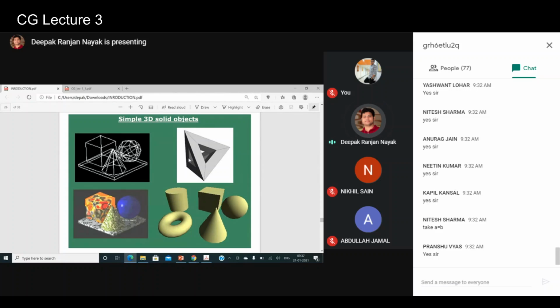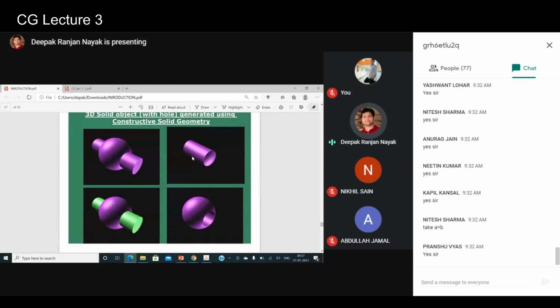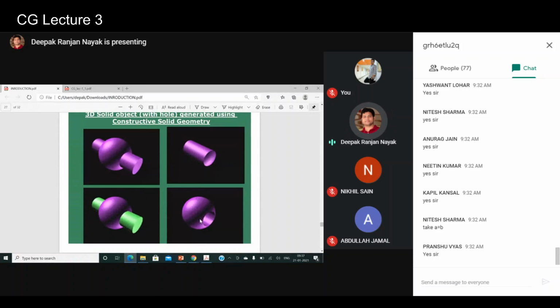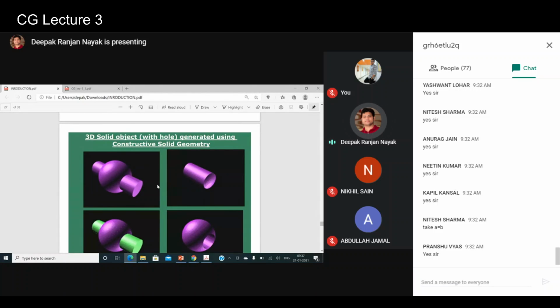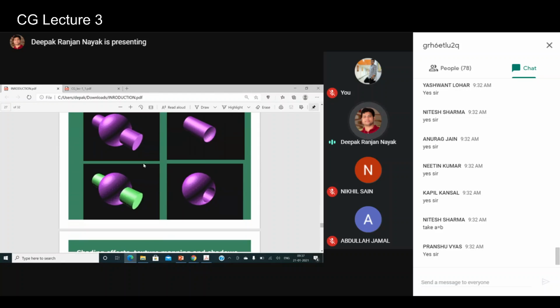I just want to show you what type of objects are being created by the graphic systems. If you look at some of the outputs here, a sphere with a hollow, right? A sphere with a hole. If you see here, a 3D solid object with a hole, and it looks very simple, but it is very difficult to create such a structure or 3D solid object. But it looks very real, right? It looks very real. So a 3D object always gives a reality, and that's what you all know.